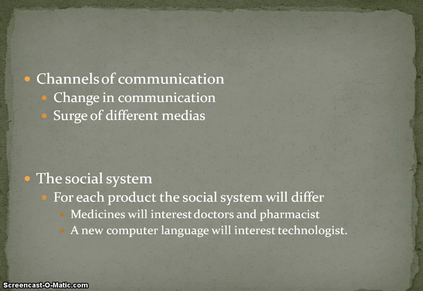Next is called a social system. You cannot sell the product directly to the target customers, and then you need to follow some channels. And also it is better if you convince a person in the social system, and if you are able to convince them, you will be able to easily sell the product to the target customers. For example, people who are selling drugs will focus more on the doctors and pharmacists rather than the patients, because patients require medicines, but they do not know what medicines they will require. So the doctor and pharmacist are the social system, and if they recommend a drug to the customer,